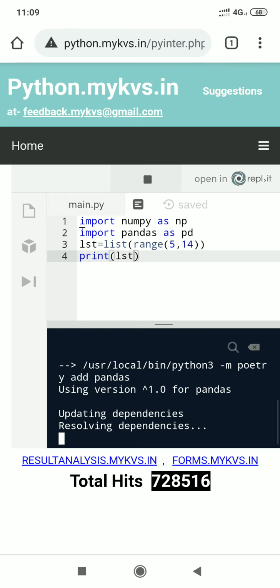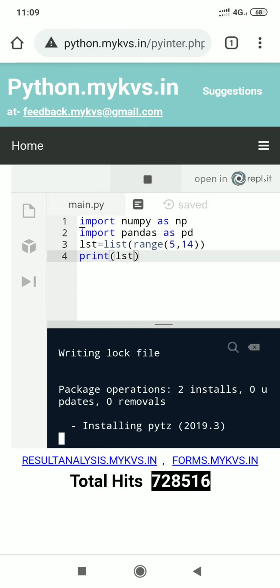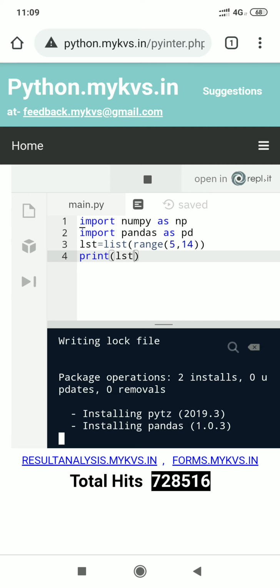It will add pandas on your system and will execute your program to display the list of elements. It will take a few moments.